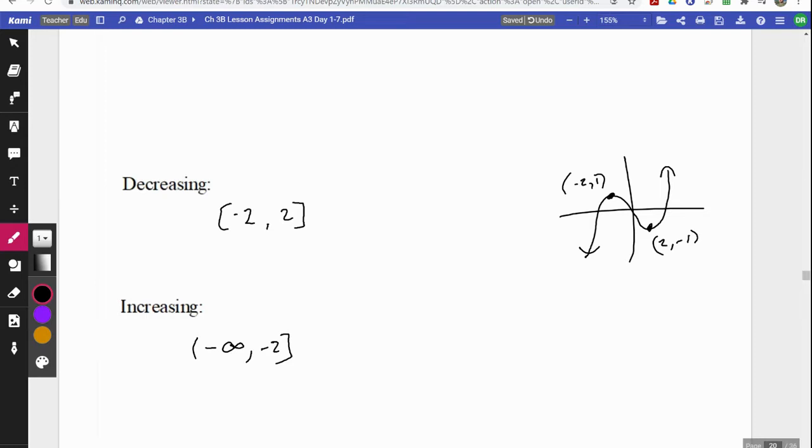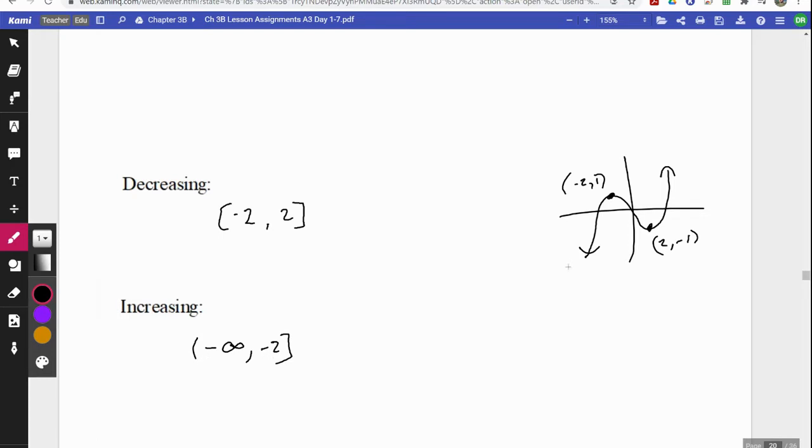And a parenthesis means it's not exactly, it approaches that point, but it doesn't stop on that and turn around. And obviously the infinities will always have to be a parenthesis because it's not a definite number. It's just indicating that it goes on forever. But the problem with this graph is that, from left to right, we have increasing from -infinity